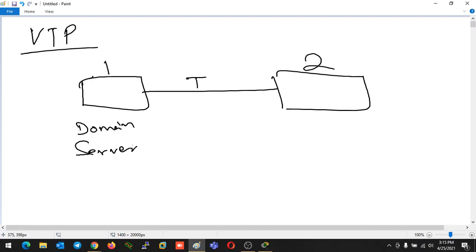So what will happen suddenly? BTP is already enabled on this switch. This is a Cisco switch, so BTP is already enabled. Once the switch mode is server and it finds a trunk link, it will start sending the BTP message. Earlier the switch was configured as a server switch, because by default the switch is a server switch. Only after that did we change it to work as a transparent switch, because I ran the command. Till the time I didn't run the BTP mode transparent command, it was working like a server switch.